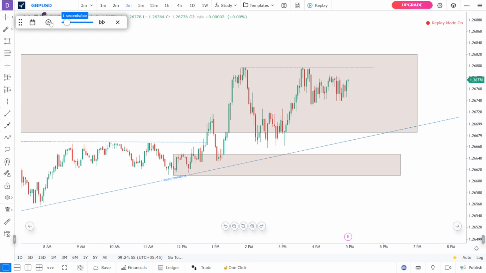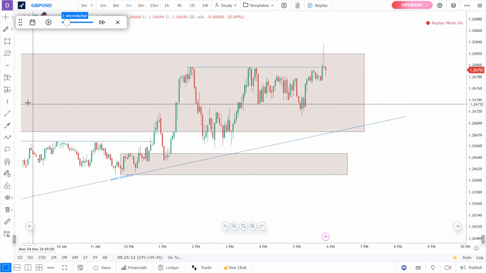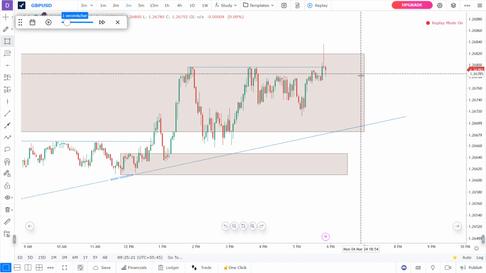There's lots of liquidity above that zone. A lot of people are selling there. So I want that to be taken out. At this point of time, let me play. At this point of time, this equal high is taken out, and this zone also failed, but it is still back. So what was the last reason that caused this break of structure, that caused this